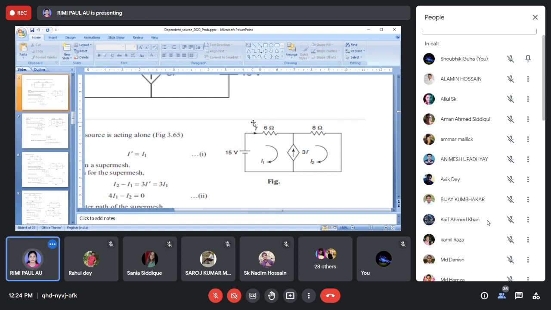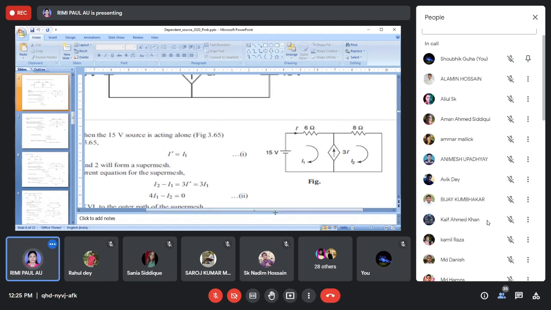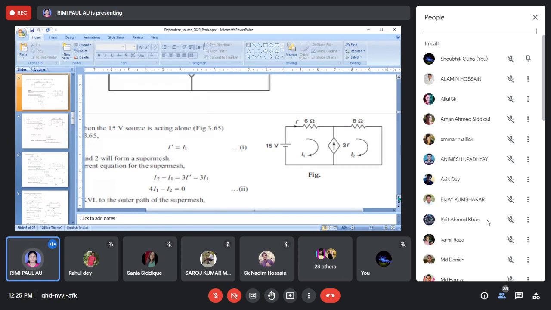Right now you will try to solve it, because if you cannot solve one problem, then I cannot understand whether you are getting my point or not. So first, this super mesh problem is the smallest problem. First you will try to write down the equations and solve this problem and tell me the answer. This is a super mesh problem. You will apply only super mesh. You can also apply the nodal method, but right now I told you to solve this problem using the super mesh technique.